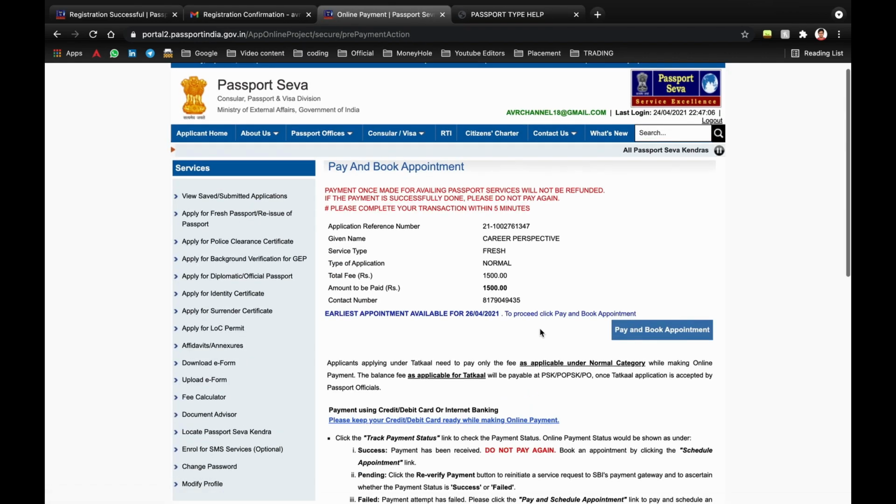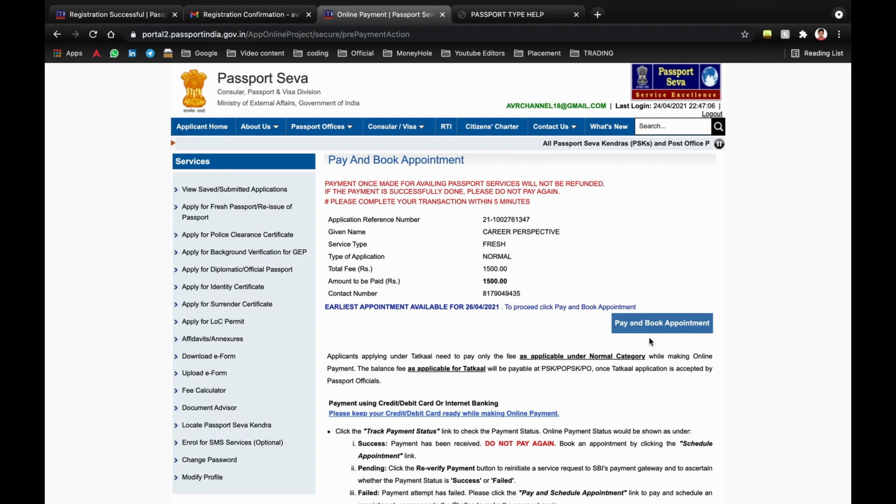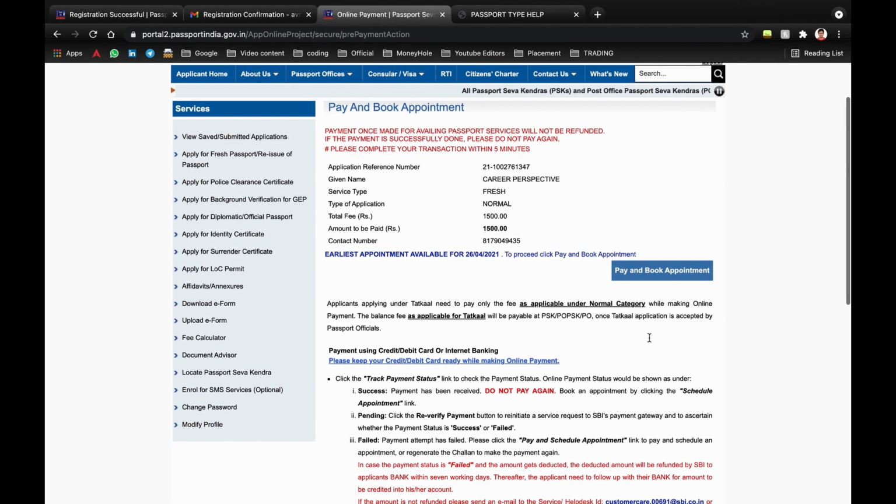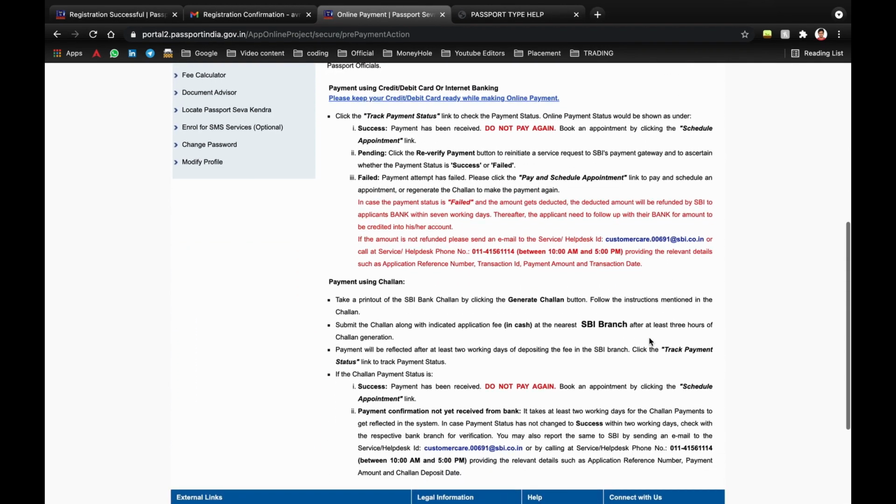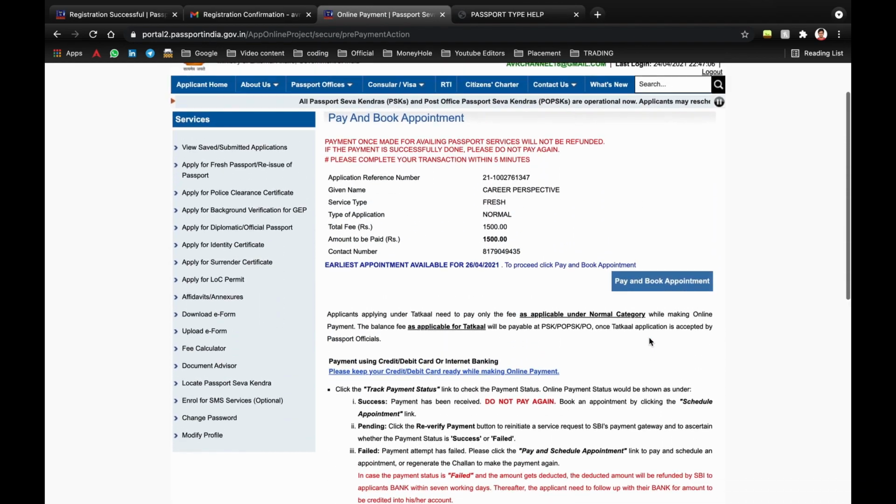Once you have selected your RPO, you can see that it will redirect you to the payment and booking appointment page. So here, as you can see, the amount of fee you need to pay is 1500 rupees and you can hit pay and book appointment for the further steps. Once you have completed your payment, an appointment will be allocated for you.